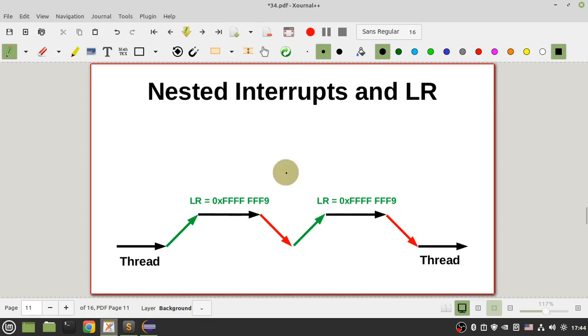But in another scenario, if second interrupt has same or lower priority, your processor return to thread mode, another time jump to handler mode, and another time in link register you have this value with F9, like this interrupt, because your processor went to this handler from thread mode. Okay,